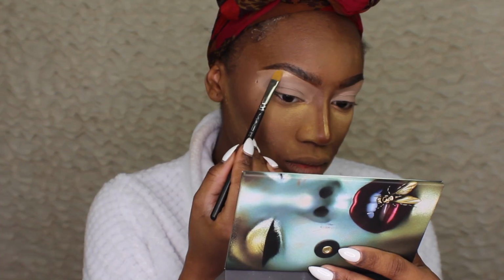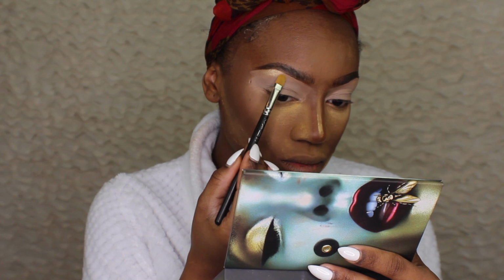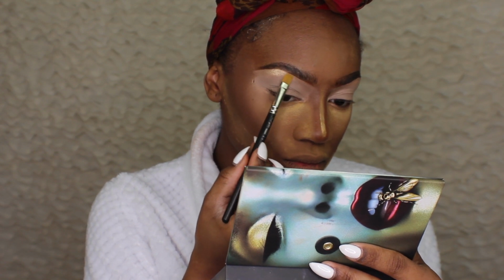Maybe cover them, but... So we're going to go in with the Bronze Ambition palette, and we're going to go in with the color Guilt Trip. I kind of love highlighting my brow bone. I also feel like it just makes the brow look even more...